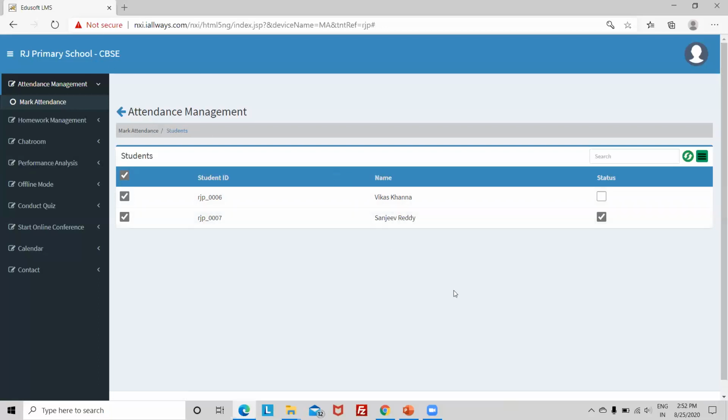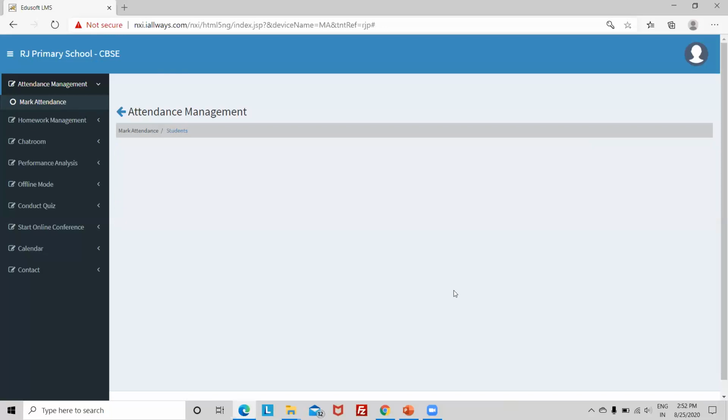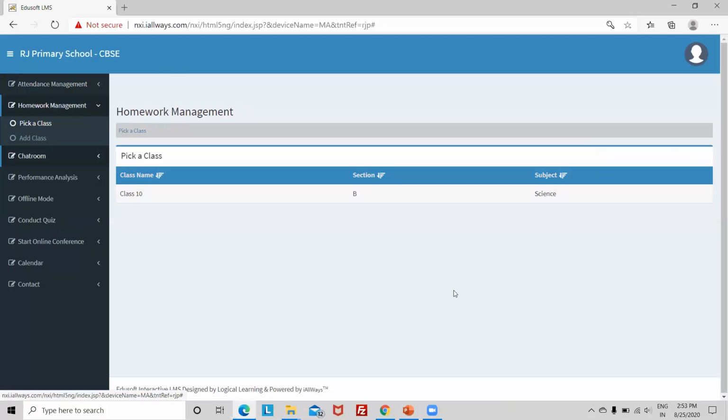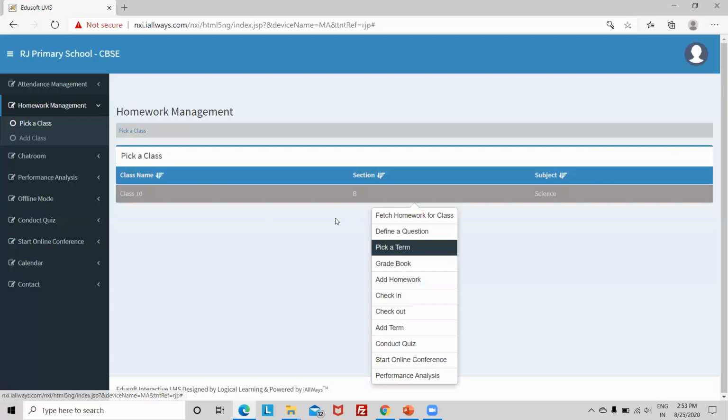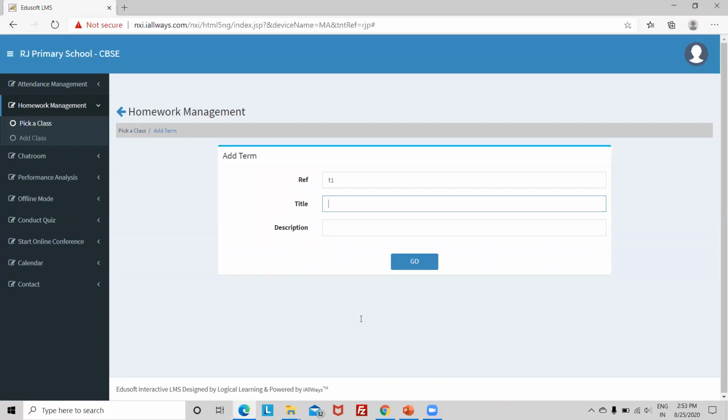Okay. So now, next, what I have to do is assign. I can add some lessons here. The first thing, I can add lesson content here. Before that, I have to add a term. As in the school sense, you must have had term 1, term 2, term 3. So term 1 has a set of lessons, term 2 has a set of lessons. So the first thing I need to do is add a term. These are all user defined only. You can give any meaning.